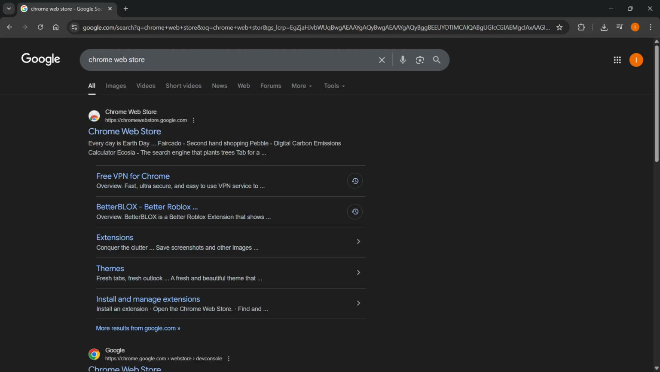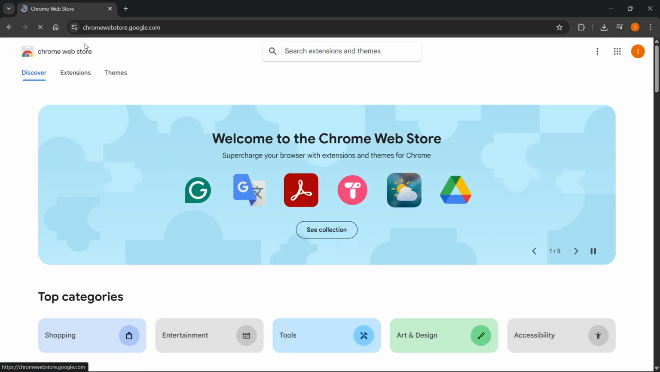In this video, I'm going to show you how to install the Helium 10 Chrome extension. Now, the first thing you want to do is go to Google, type in Chrome Web Store, and then open up the Chrome Web Store. This is available on